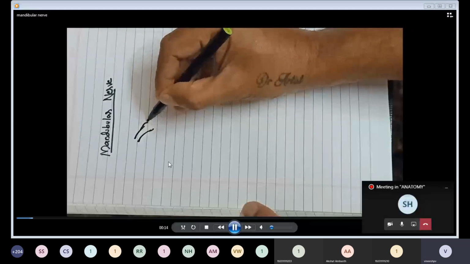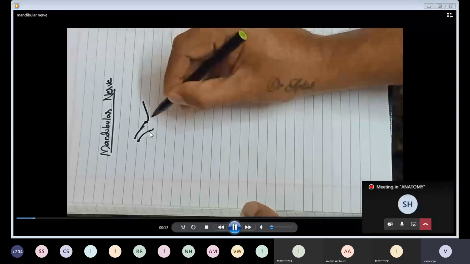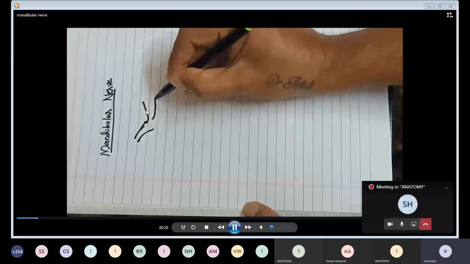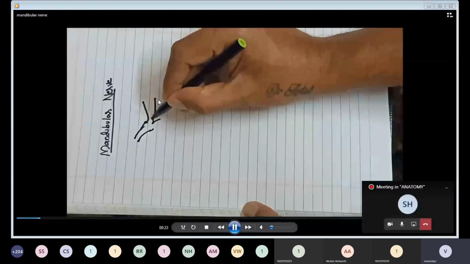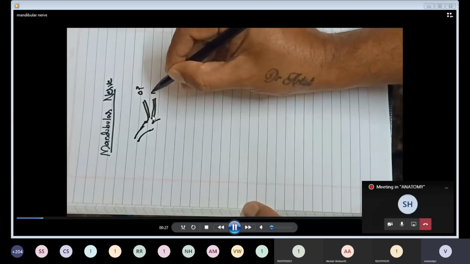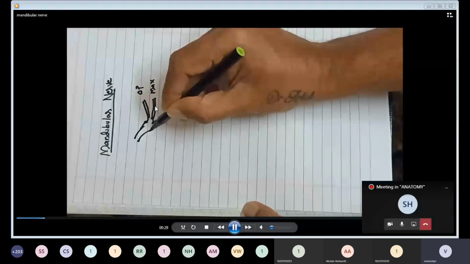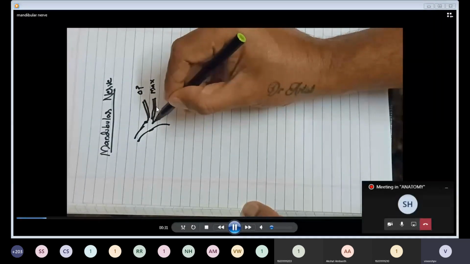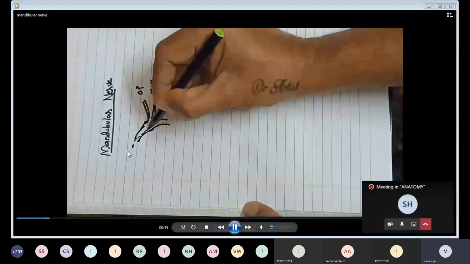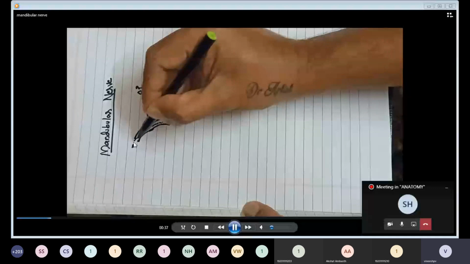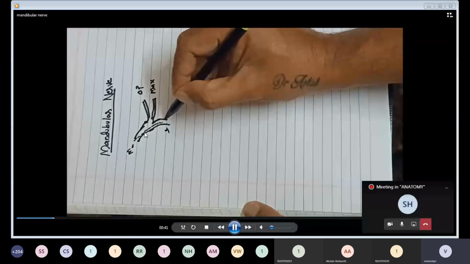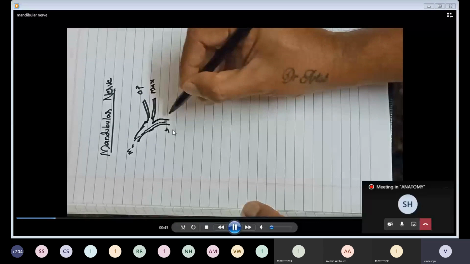First, we draw the trigeminal nerve and the trigeminal ganglion. Now, the first branch is the ophthalmic, and what I'm drawing now is the maxillary. So the ophthalmic branch and the maxillary branch. Now, the largest branch, what I'm drawing, is the mandibular nerve. As I told you, there is a large sensory root and a small dotted one, which is the motor root. Together it is the mandibular nerve.